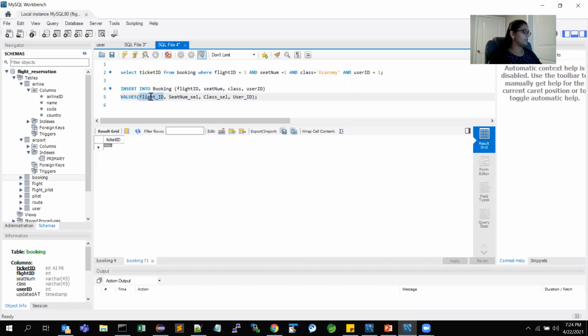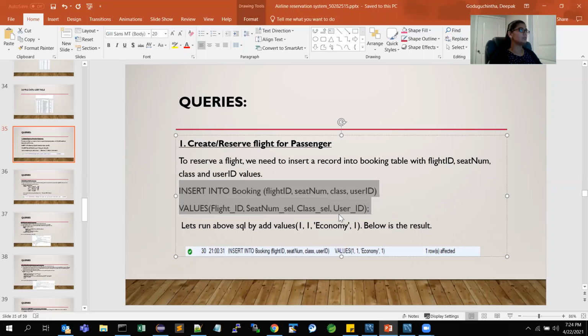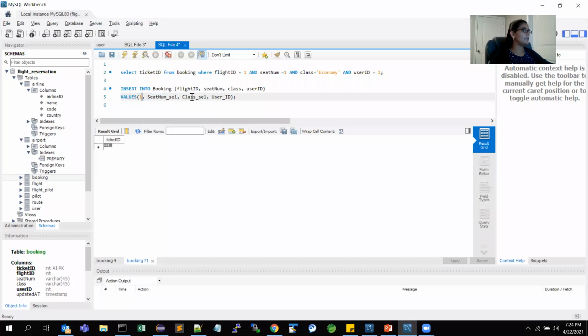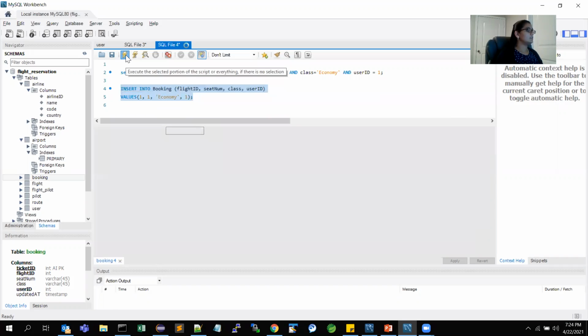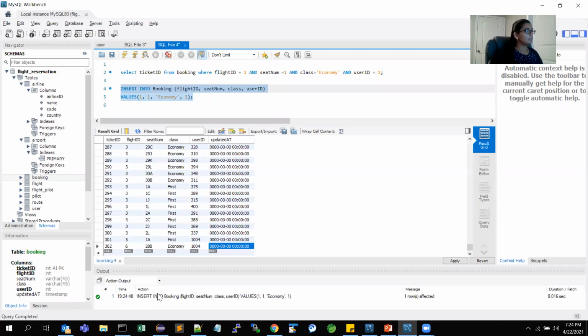First we have to specify the values. So I'm specifying the flight ID as 1, seat number as 1, and the class as economy, and the user ID as 1. So now let's run this query. As you can see, the values have been successfully inserted into the table.